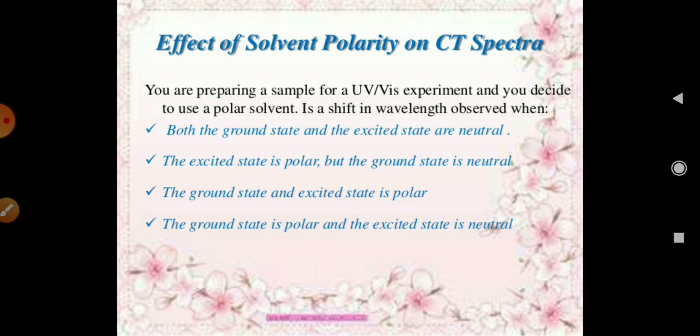Or the excited state is polar but the ground state is neutral. Also, the ground state and excited state may both be polar. Or the ground state is polar and the excited state is neutral. So these are some conditions; having these kinds of characteristic solvents you can use for determining the charge transfer spectrum.